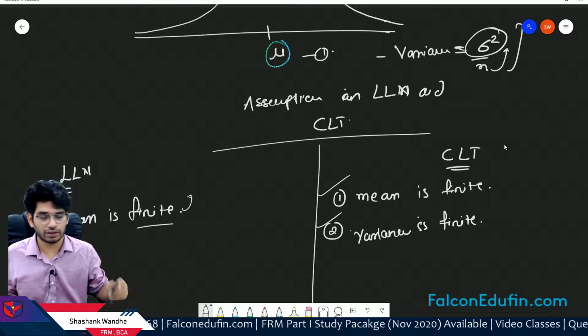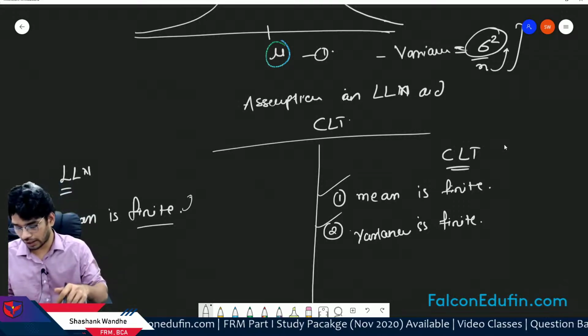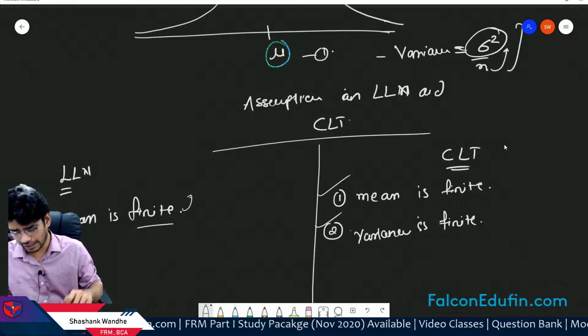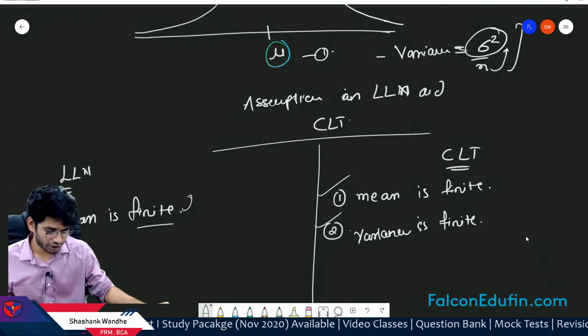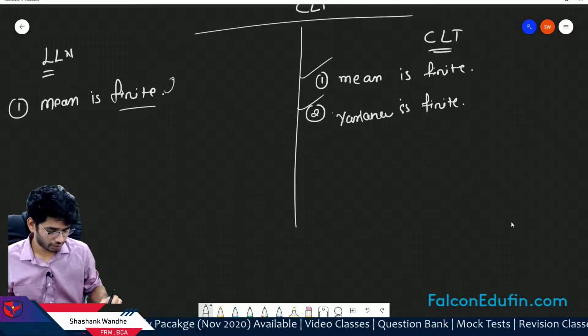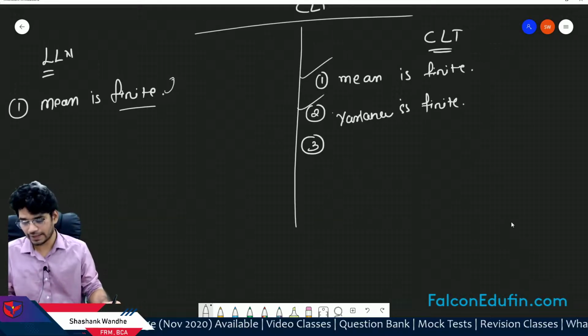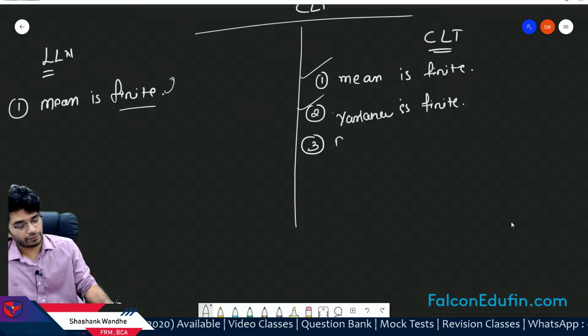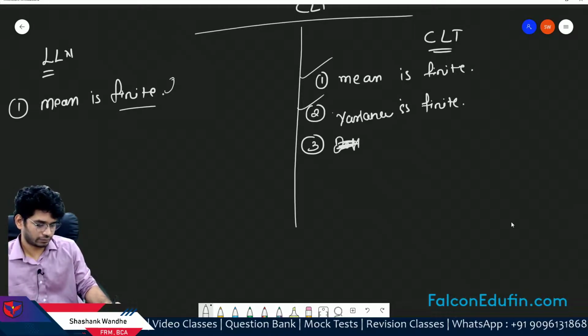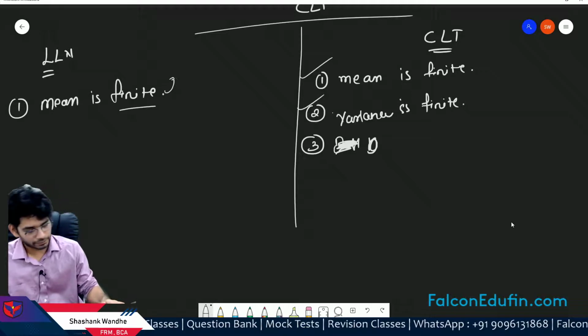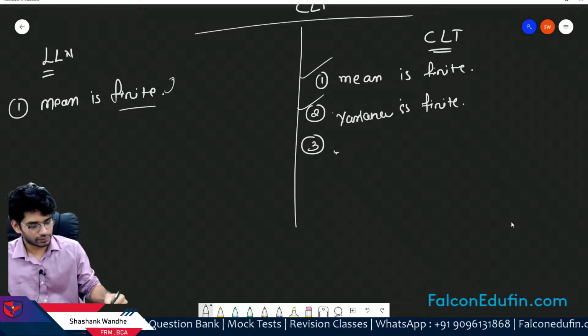So in CLT you need two assumptions, while in LLN you need only one. And then there is a third, added assumption, which we already discussed: it does not require